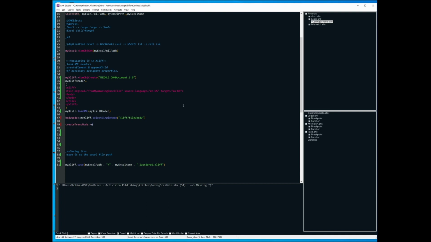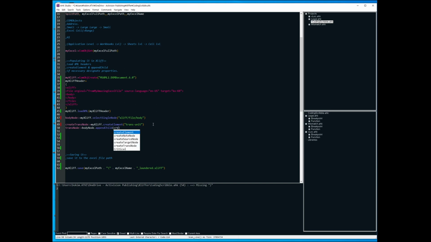Then that's my XLIFF, create element, which is trans unit. And then here you're using trans node, assigning trans node under body node. So you're mentioning body node here, and append child,